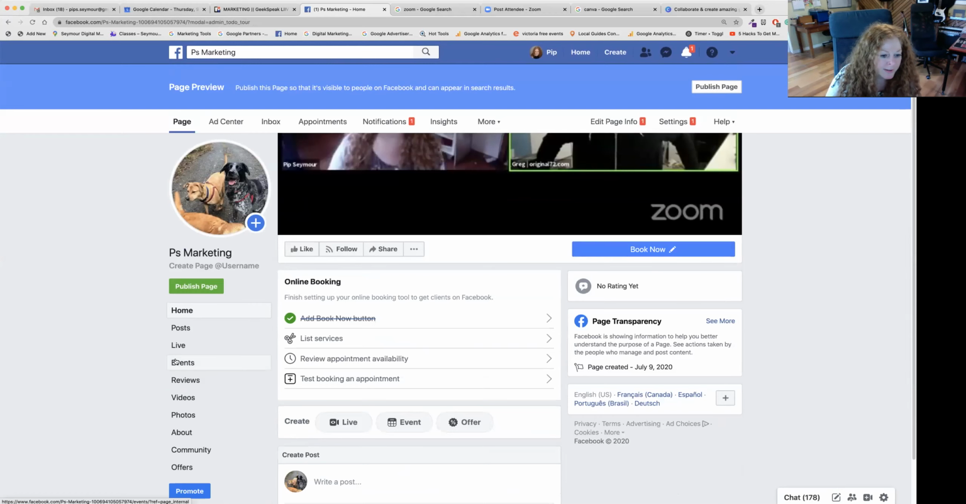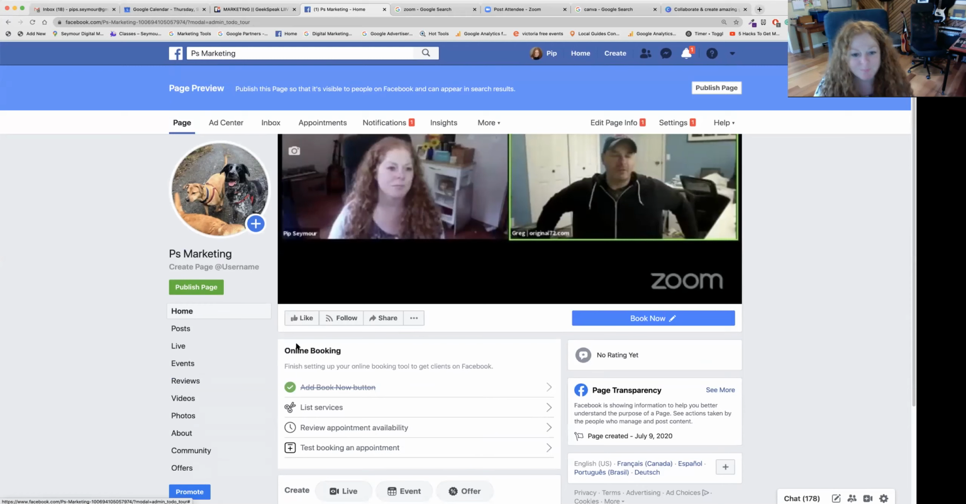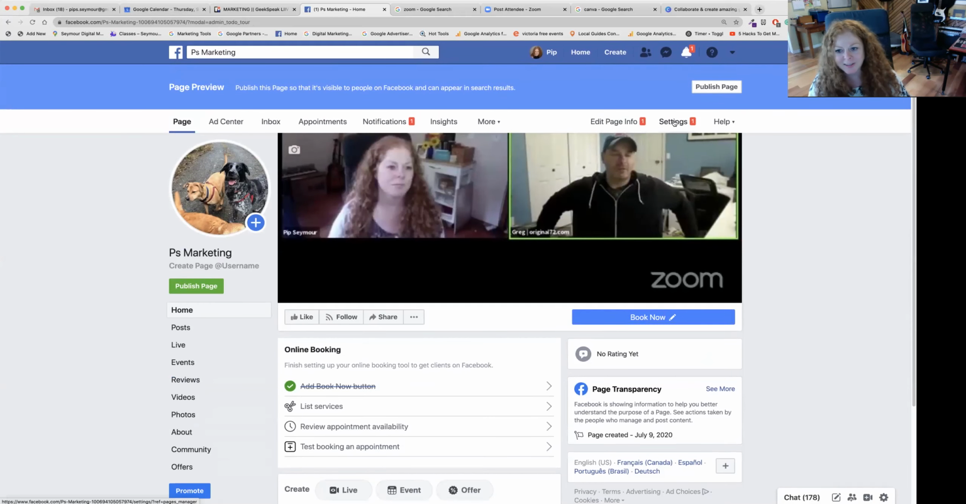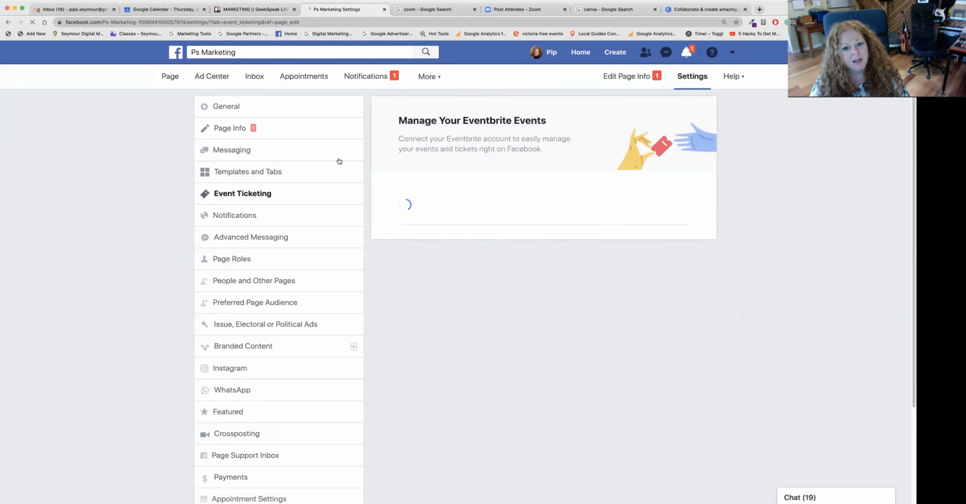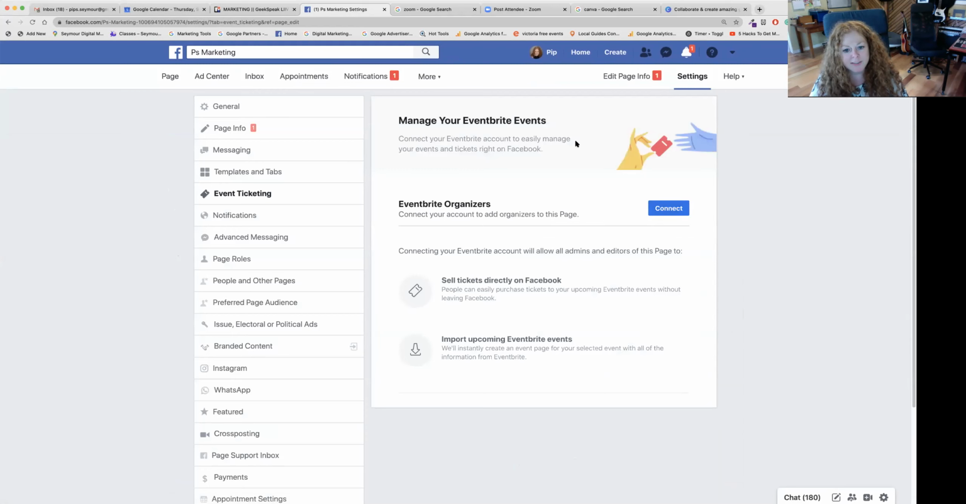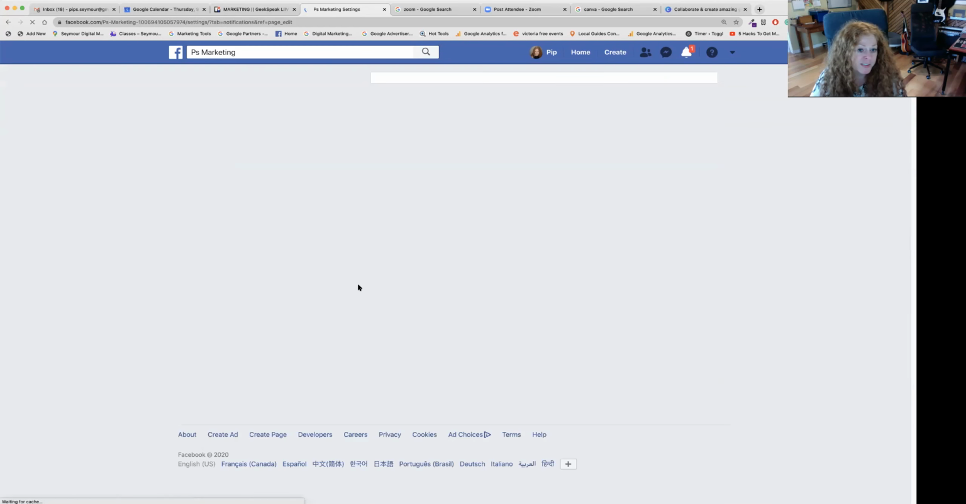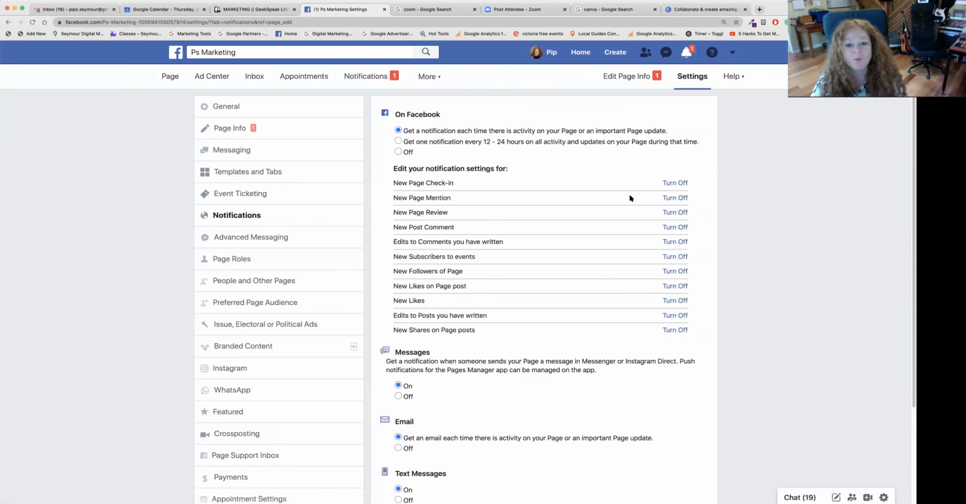So click that more, and now you can see they've changed, right? Okay, so now let's go back to those settings. Beautiful settings. So you just want to work your way down here, events and ticketing. You can connect Eventbrite. Yeah, so notifications, this is where you can see what you want notifications to